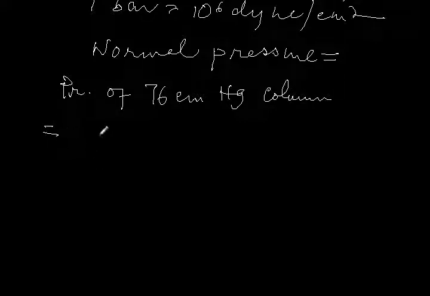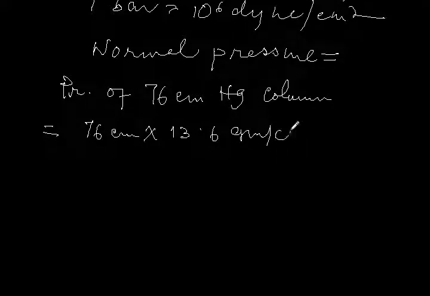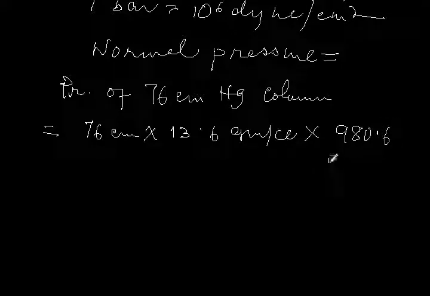That is equal to the height of the mercury column, 76 centimeter, into the density of mercury at 0 degree Celsius, that is nearly 13.6 gram per cc, into acceleration due to gravity, 980.6 centimeter per second square. That is equal to nearly 1.01325